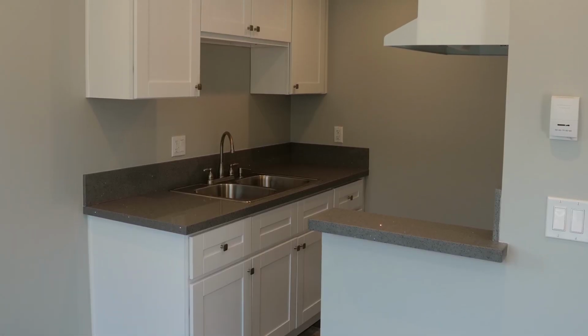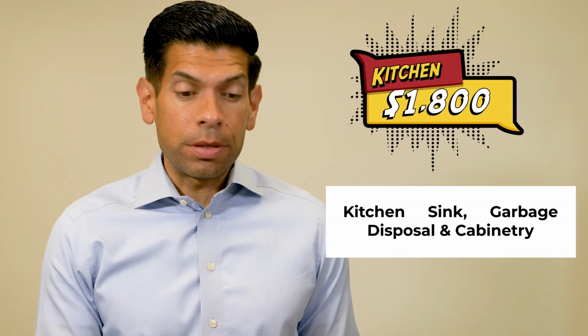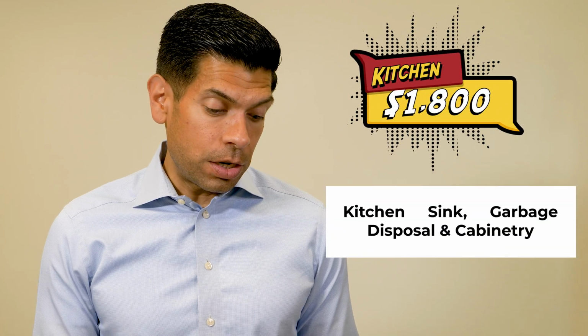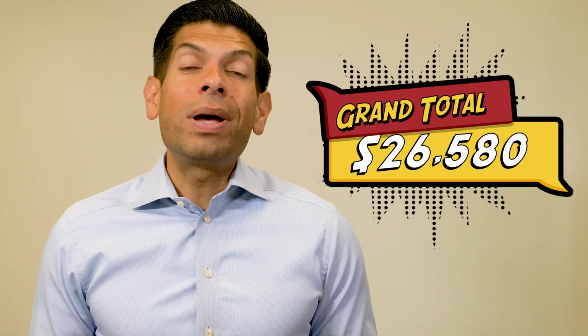For the kitchen sink, garbage disposal, and the new cabinetry all installed plus materials was $1,800. And then you had the interior and exterior paint, which came out to $2,000 because we had put up new walls, new drywall, 2 coats of primer, 2 coats of paint in the interior, and then we did 2 coats of paint on the exterior. So the grand total was